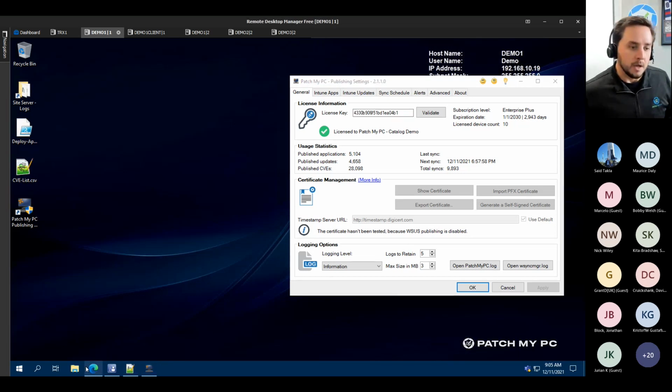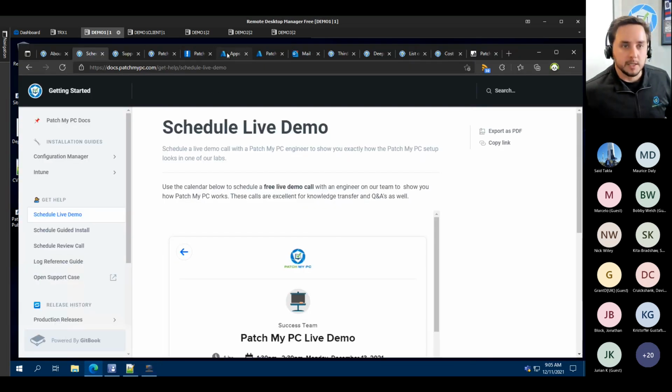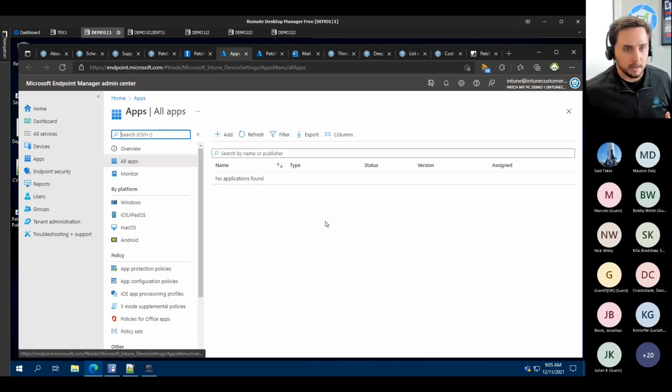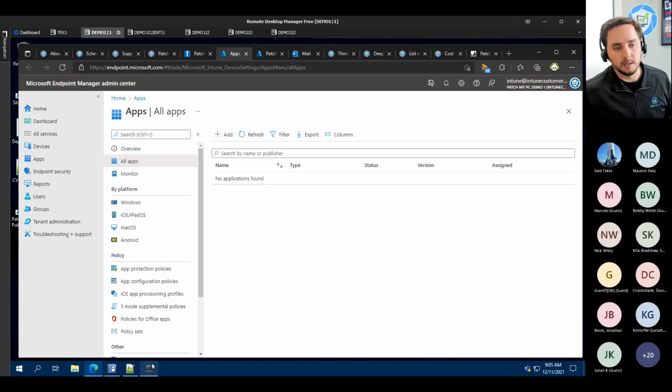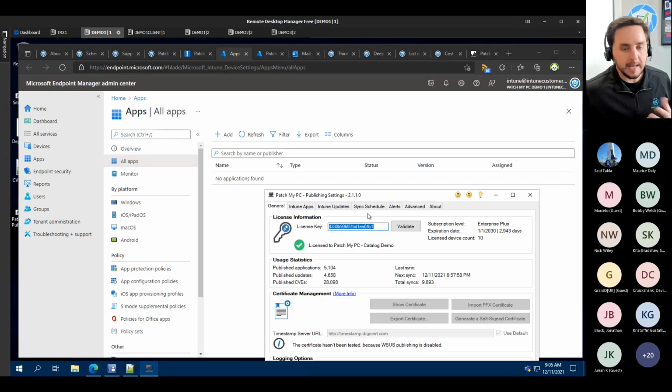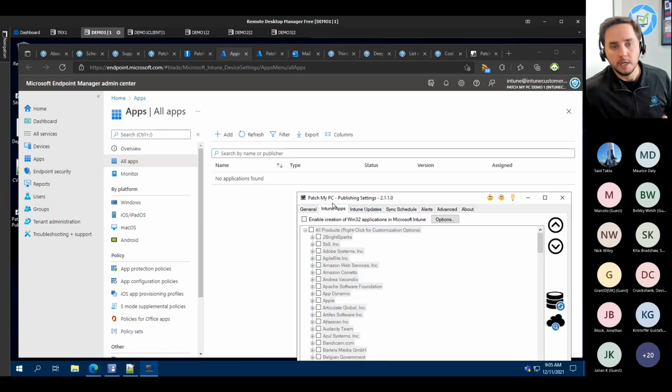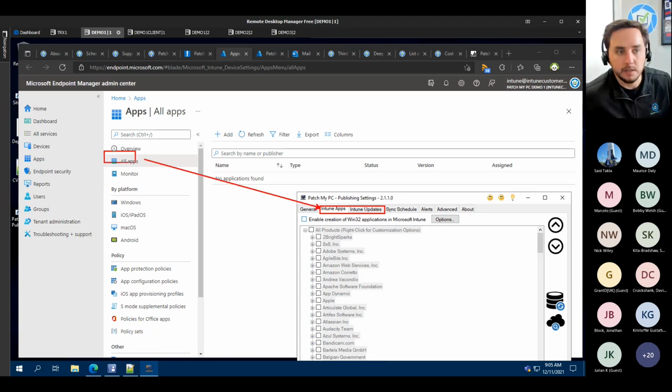So what I'm going to do is jump over to our Intune tenant. And what we can see today is we don't have any applications showing up here. So what we're going to do is go through and choose which products we want to make available and automatically push into Intune so that we don't have to manually package those apps and updates